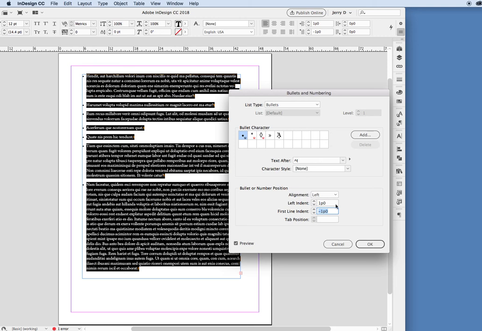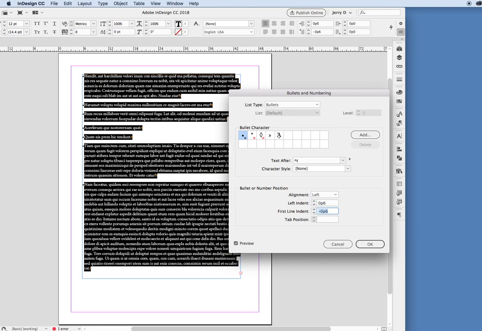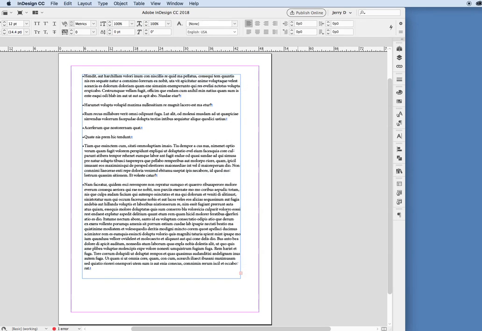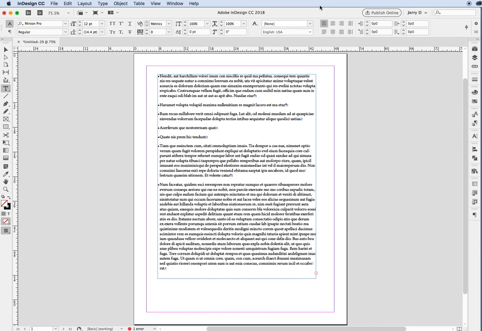So let's say, for example, I wanted to say minus 0.5, which is basically minus P6, minus P6. I hit the tab key, and as you can see, the bullet went closer to the text. Well, guess what? I make a positive value, P6, hit the tab key, and there you go. So you can see that now the bullets are very close to the text, and you don't have that huge gap. So that's pretty much how you can work with your bullets